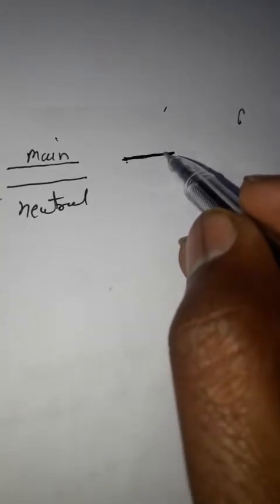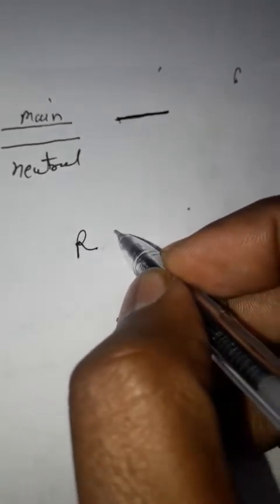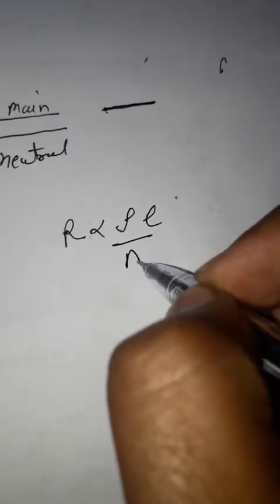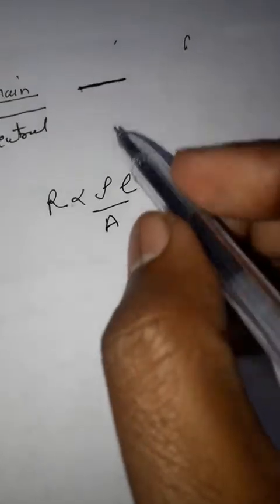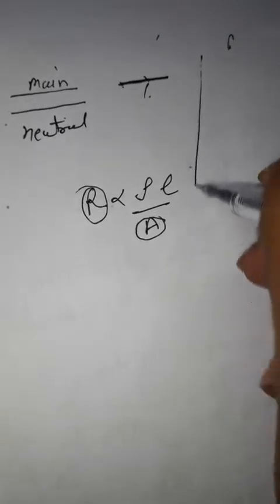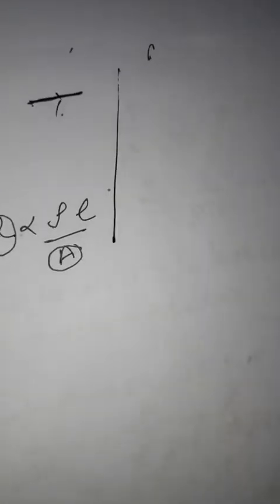So what happens? The thickness of the wire increases. We saw that resistance is directly proportional to resistivity and length, and inversely proportional to area of cross section. With increase in thickness, the area increases, and hence resistance decreases. With the decrease in resistance, a high current starts flowing through this wire. So this is known as short circuit. The other one is overloading.